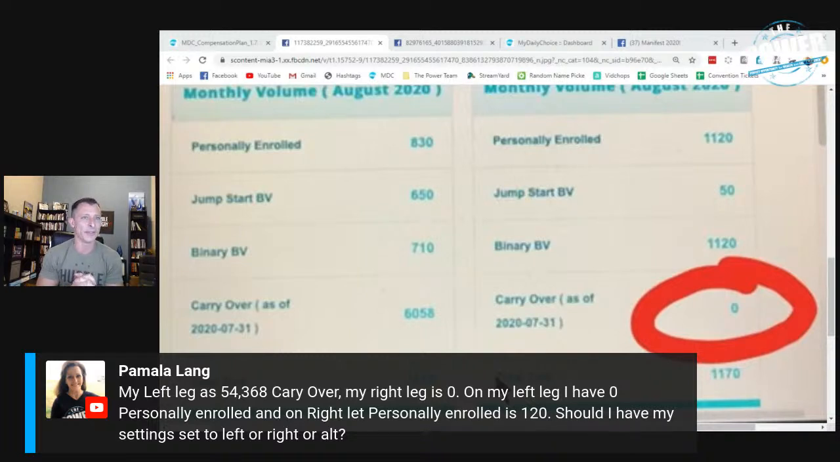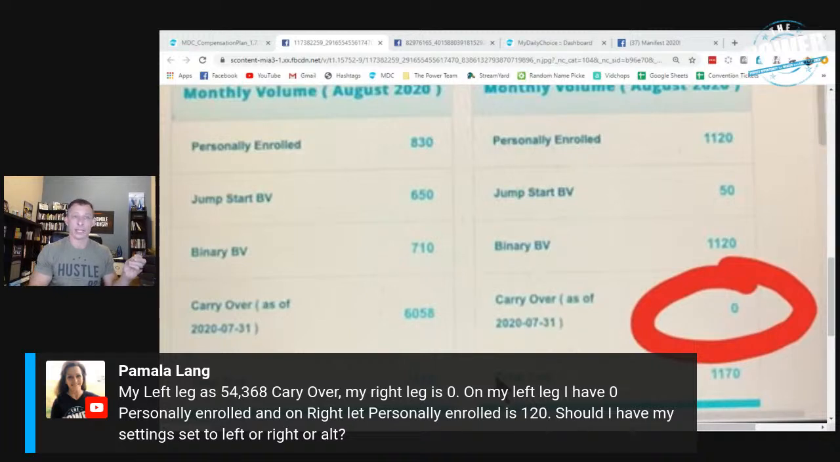Even though Pamela has 54,000 on her left leg, guess what? Her right leg is 0. But look what she said. On her left leg, she has 0 personally enrolled. What do you need on your left and right leg to get binary qualified? 90 personally enrolled. So Pamela, my recommendation is that you set your rotator to your left leg and get your